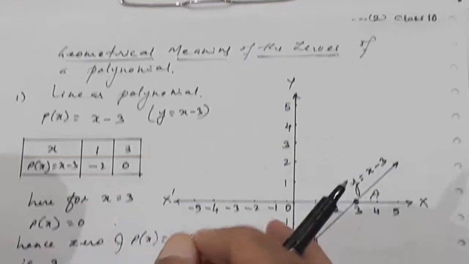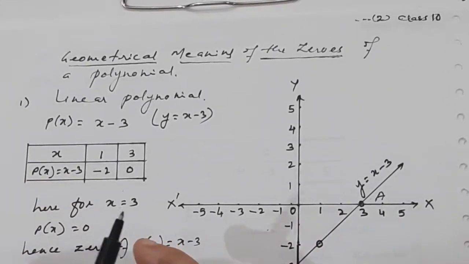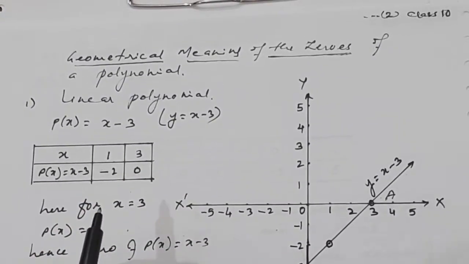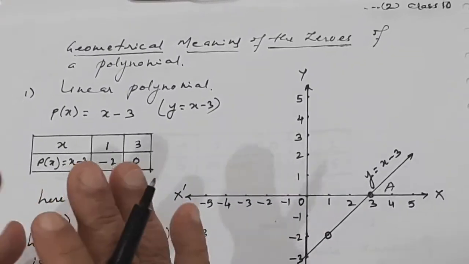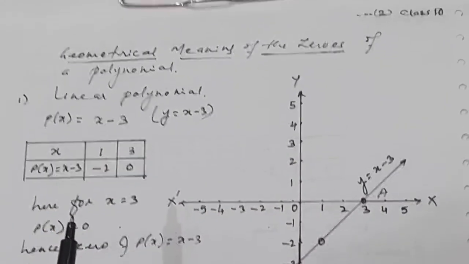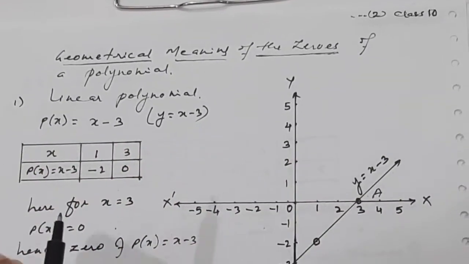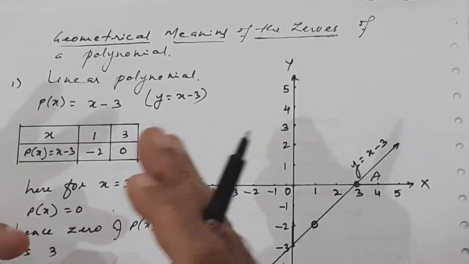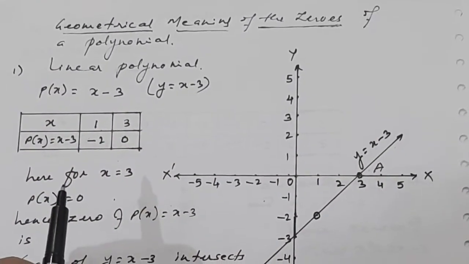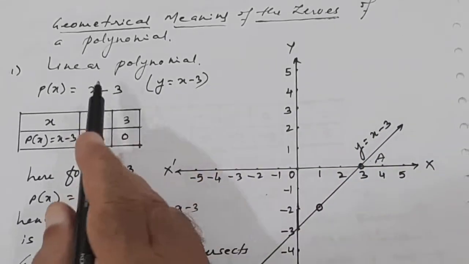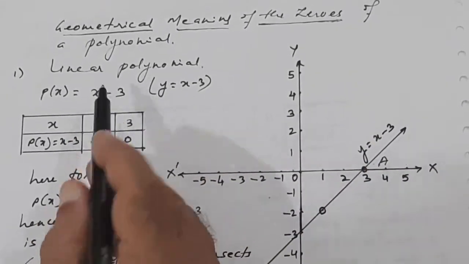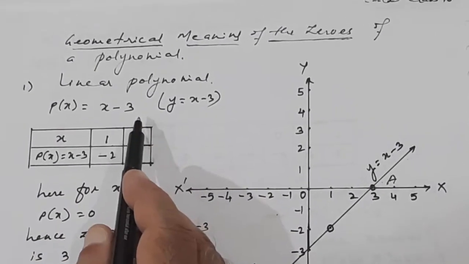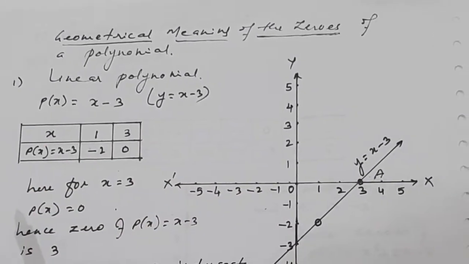My dear students, remember one thing: polynomial is an algebraic expression of a number. It's a number only. Polynomial is a number, nothing else. So now let us represent a polynomial by geometrical method. First example, I have taken a linear polynomial. Linear polynomial, you know the degree is 1. Now you have done graph in earlier class, so we have to draw the graph of this one.